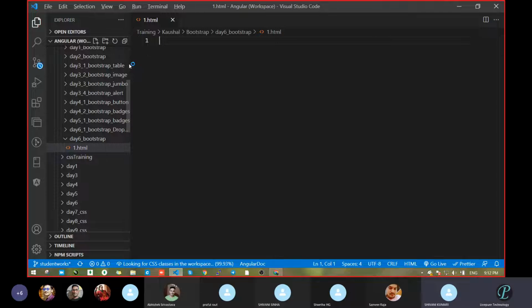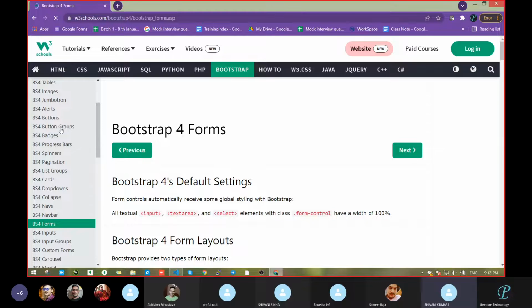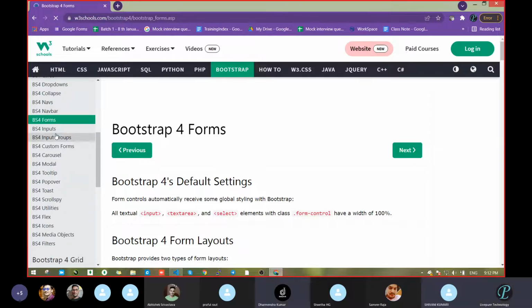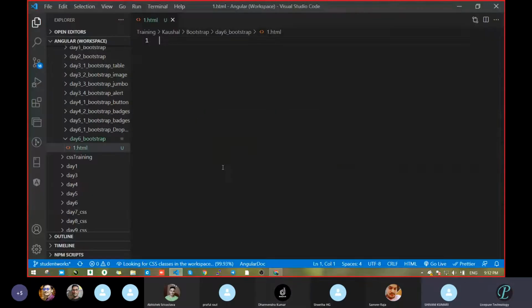So we had covered the carousel, and mostly we were covering the input field, I mean the navigation bar we had covered. Today we are going to look at the form. Sir, form and input remaining, no, sir? Yeah, the form remains, and the carousel in the middle we had covered. So we will cover the form. Can anyone guide me in writing the form tag using HTML?